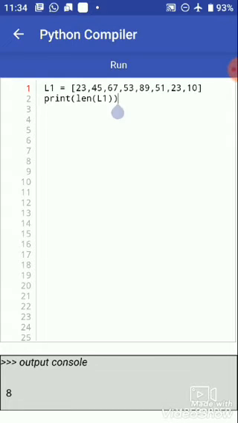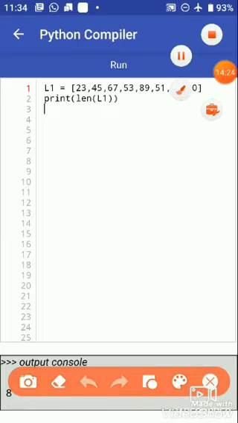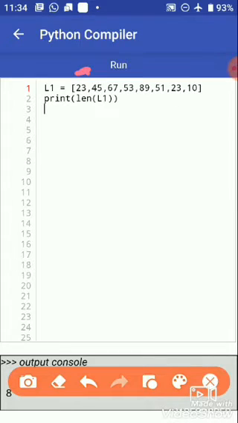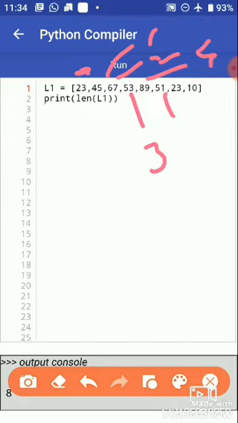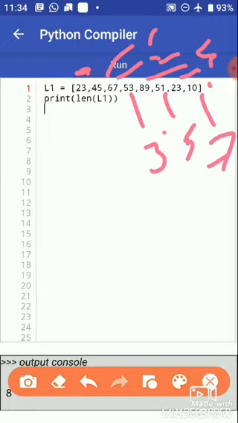Now for accessing the members we use indexing, and indexing starts from 0. So the index number of 23 is 0, then 45 is 1, then 67 is 2, then 53 is 3, then 89 is 4, 5, 6, and the index number 7 is for the element value 10.